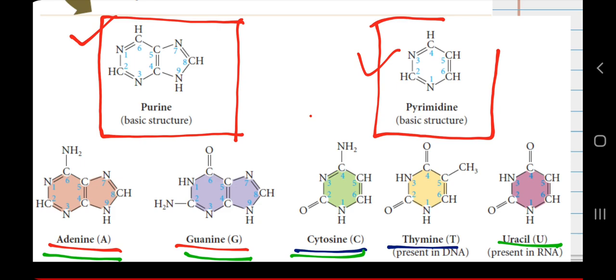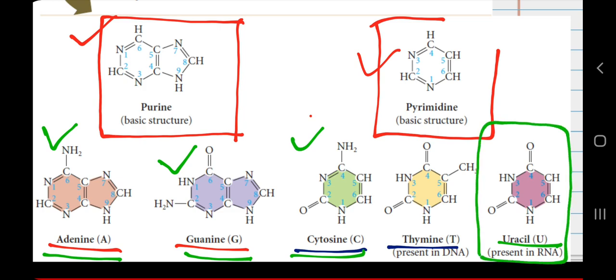So what are the similarities and differences between DNA and RNA? It is very simple. RNA will contain ribose sugar in the nucleotide, DNA will contain deoxyribose sugar in the nucleotide, and finally when it comes to the base, both DNA and RNA will contain adenine, guanine and cytosine. But yes, only RNA will contain uracil, and only DNA will contain thymine.